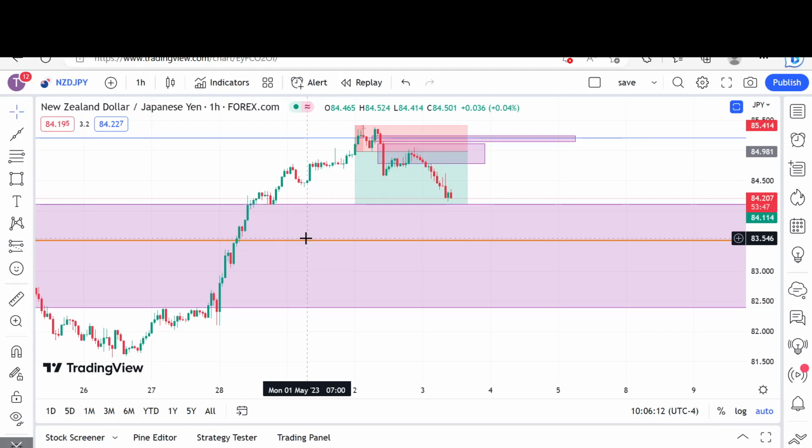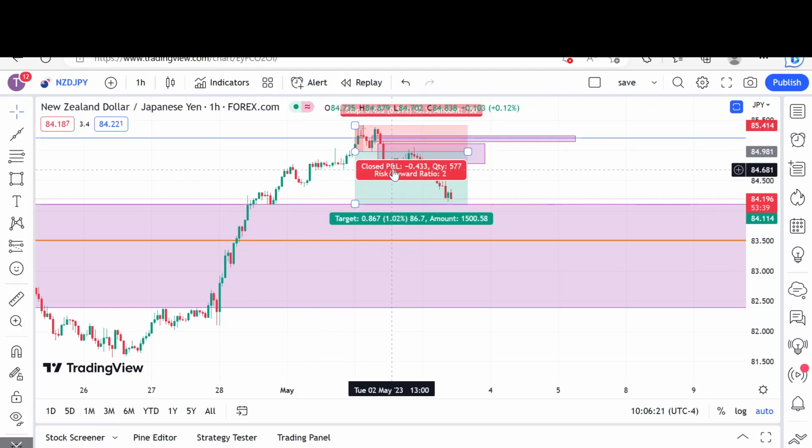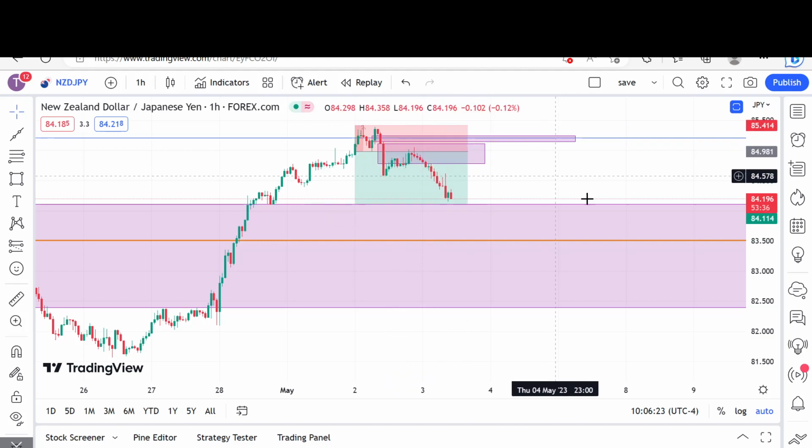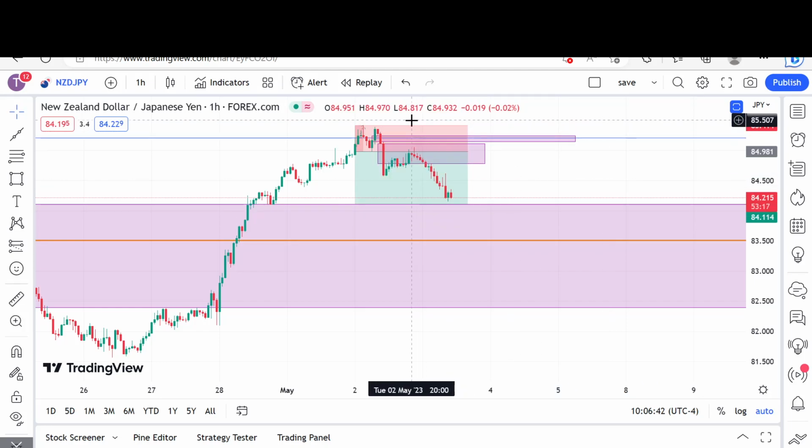And with a 2-to-1 risk reward, you could be wildly profitable just being correct 50% of the time, because you're not going to win them all. You could have this criteria, you could have everything you want, and it could still rip up and take out those highs. That's trading. You got to accept it. You're going to be wrong sometimes. That is fine, because if you hit a consistent 2-to-1, you could be correct less than half the time and still be profitable. And if you wait on setups like this,